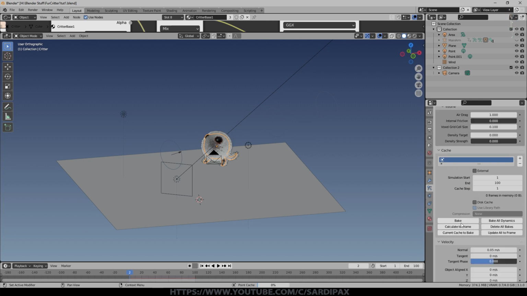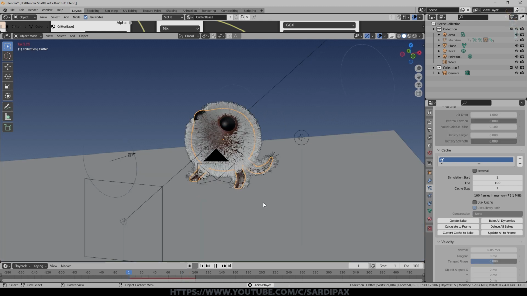And this is where you can start to see how, once you've got a simulation like this, it starts to take longer and longer because you're doing more with it. One approach to that is actually to reduce the number of hairs that you're simulating until you've got a general idea of whether the dynamics is working and so on, and then add them all back in again. You can obviously turn off children, but children tends to just affect render time. It doesn't affect simulation time. So the main thing that affects simulation time is the number of base particles that you have. So we start that off now.